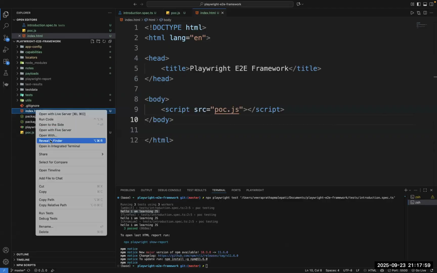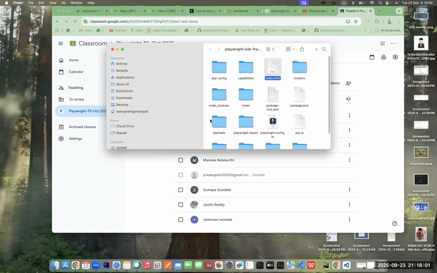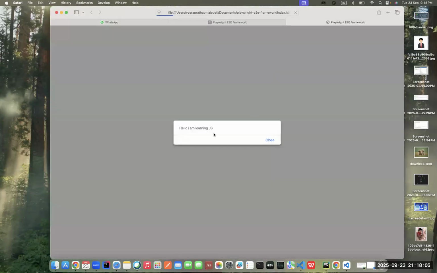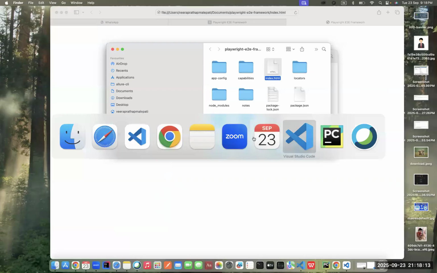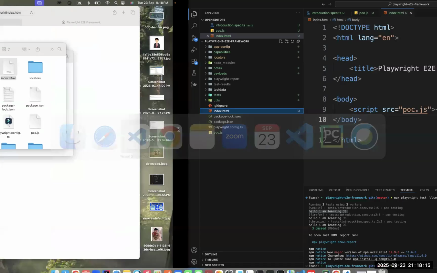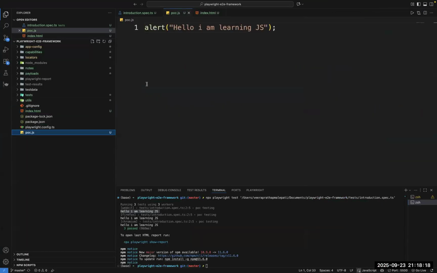Let me reveal in Finder. Okay, see here the script that I have written: hello, I'm learning JS. It is being executed. Okay, so if we don't want to see it in a dialog box, what we can do here is write some